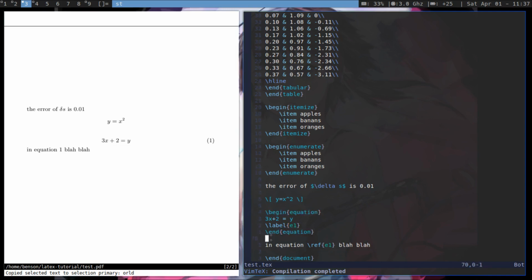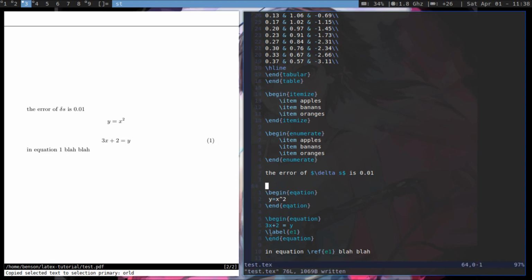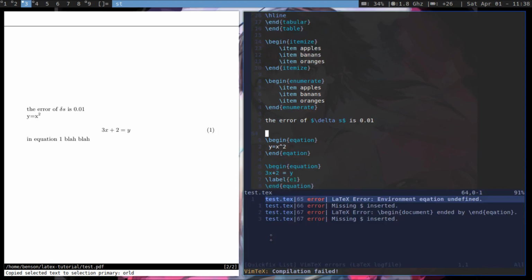This seems a little extra work. You've got to label it and then put it here. Why can't I just put a 1 and be done with it? Just remember that this equation is number 1. Well, when you get into larger documents, so for example, if I put a second equation here, we'll just paste this in here. For example, if we number our second equation,